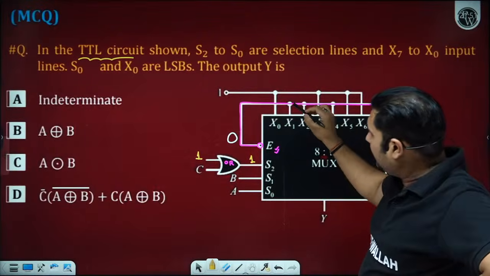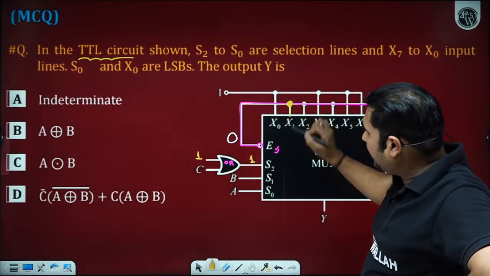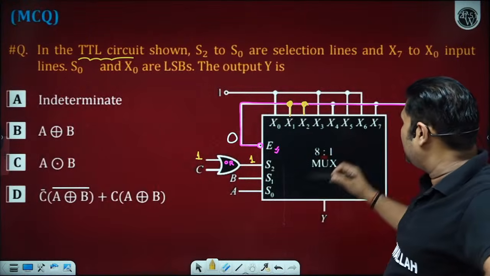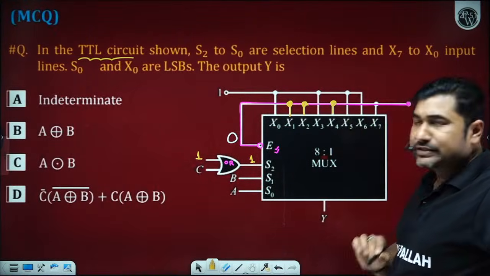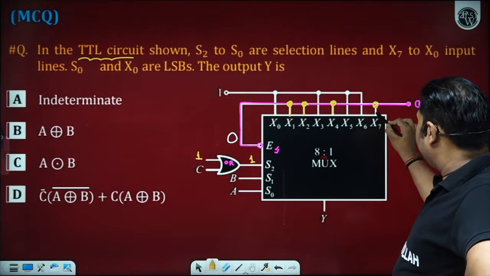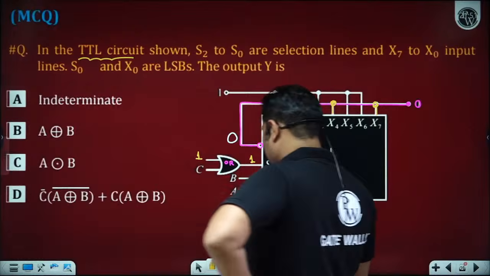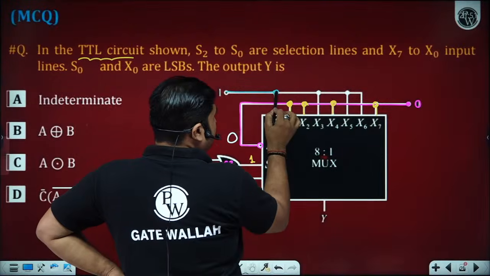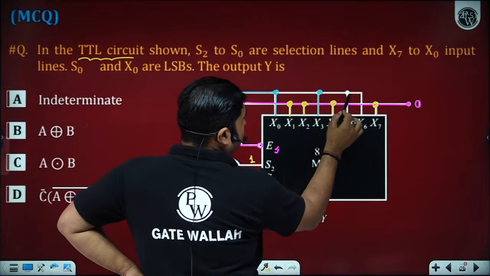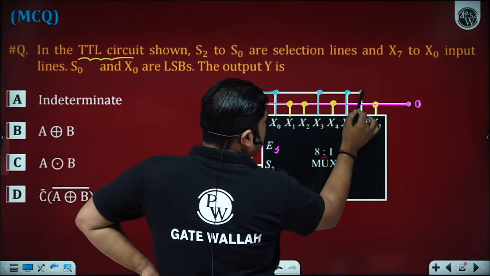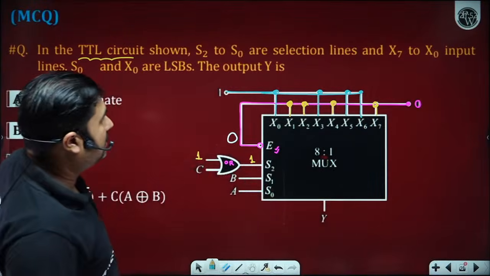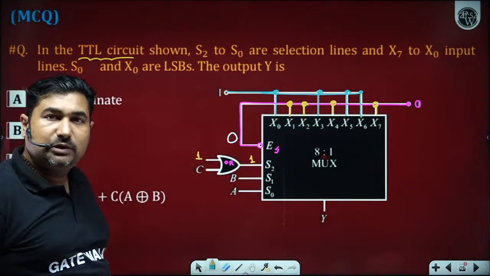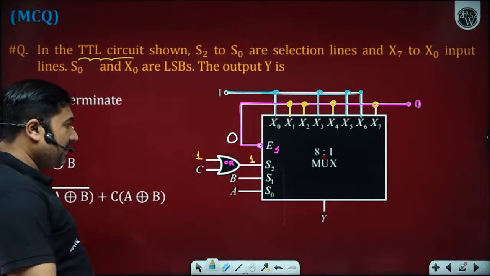Now please observe here. There is a dot here. It indicates X1 is 0. There is a dot here that represents X2 input is also 0. There is a dot here. It represents X4 is also 0. And there is a dot here that represents X7 is also 0. However, logic level 1 is given to the inputs X0, X3, X5 and X6. So X0, X3, X5 and X6 are logic level 1. How many of you now able to understand? Great, sir. We have to identify the output Y.